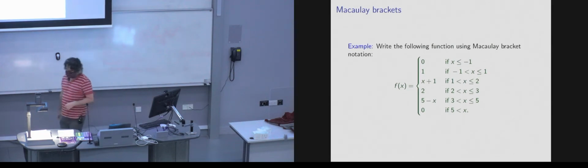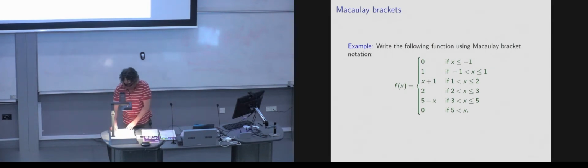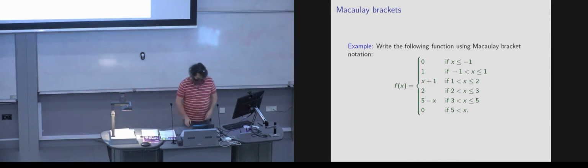I'm going to do an example of expressing a function which is given in this multi-part way using Macaulay bracket notation. So we have this function which is given on the slide, and I will show how we can express this function using Macaulay brackets. The point of the Macaulay brackets is that it gives us a more convenient notation for expressing functions like this. Instead of having to divide them up into all the parts, you can write them in a way that we're more used to, and then you can also do calculus with them, integrals and such,